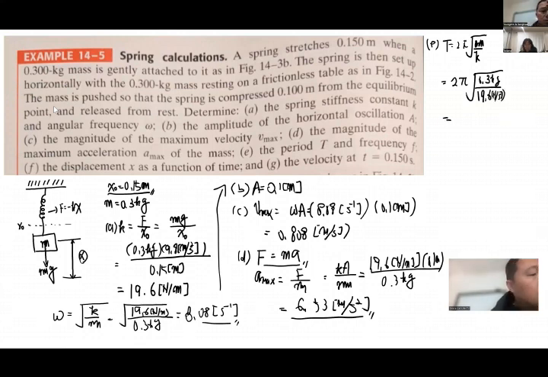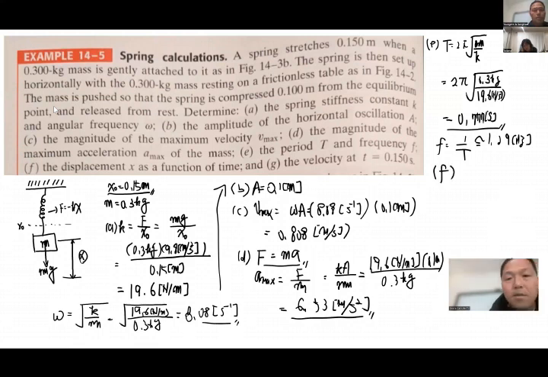So that should be 0.777 second for that period, and the frequency is, as you know, 1 over T. So that frequency is 1.29 hertz. And now F